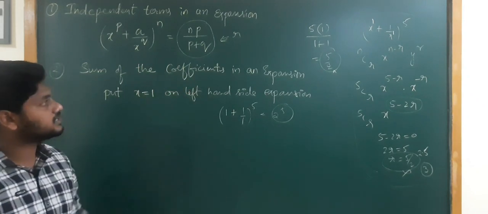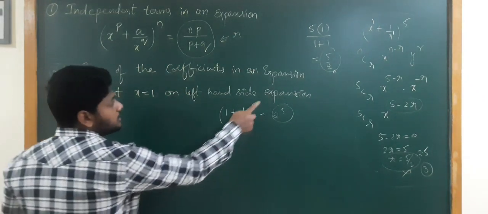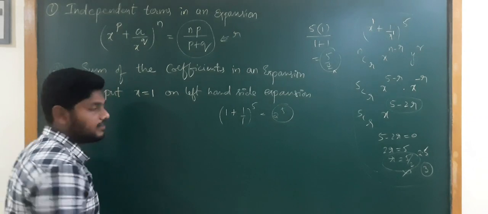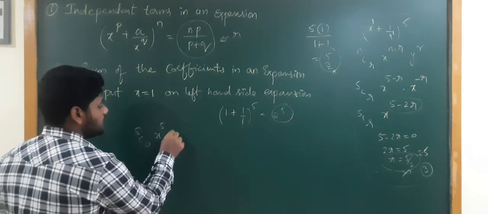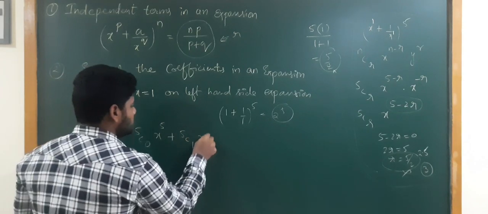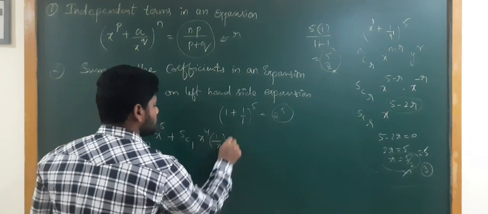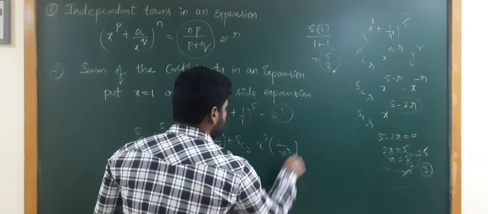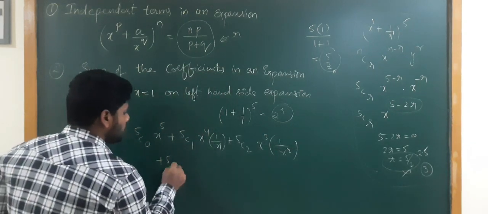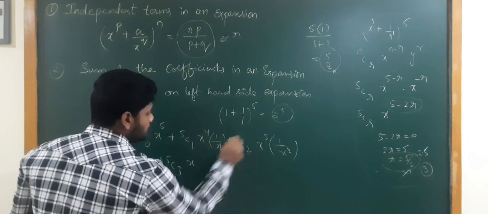What is the sum of the coefficients in that expansion? How will we expand (x + 1/x) whole to the power of 5? We will expand 5C0 x to the power of 5 plus 5C1 x to the power of 4 into 1 by x, plus 5C2 into x cube into 1 by x square, plus 5C3 into x to the power of